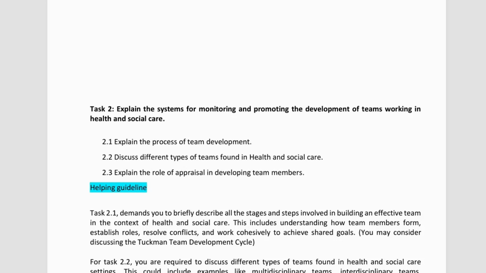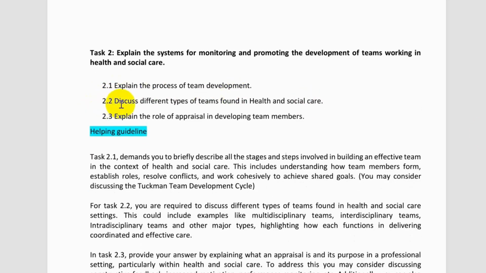And while discussing these phases, you need to talk about how teams are developed, how conflicts can be managed within the teams, and how teams become more effective with time, specifically in the health and social care sector.